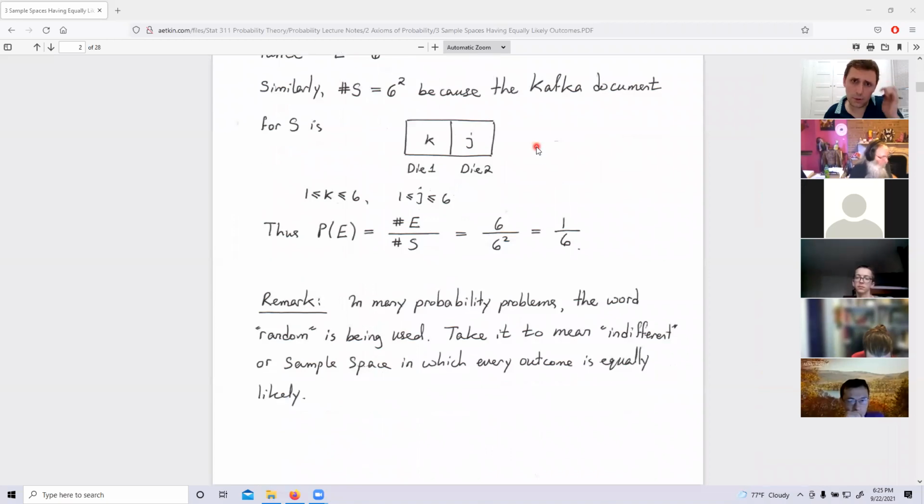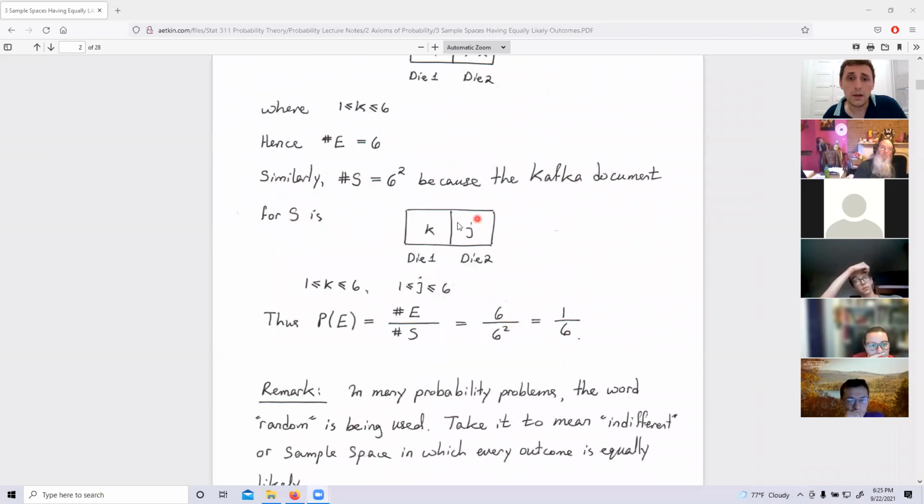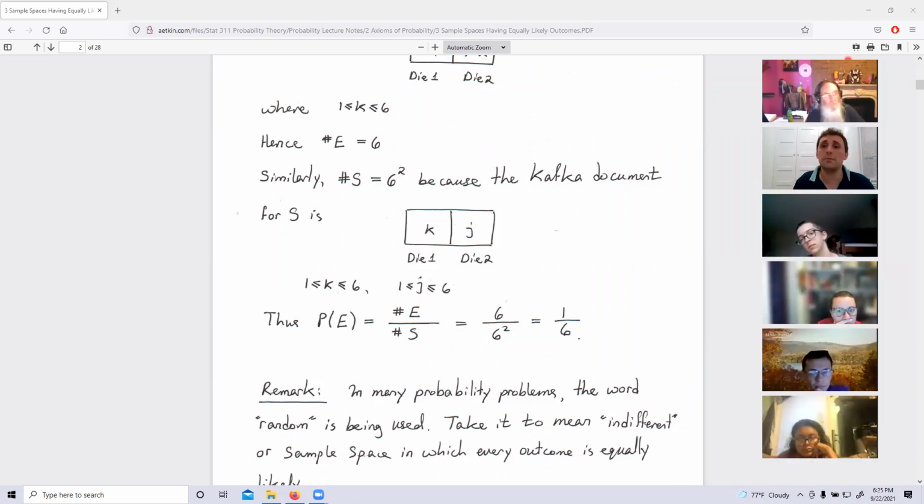Okay, and then just a small remark. Why is it squared? Because this box can be filled in with 6 numbers, and the other box, independently for the second die, can be filled with 6 numbers. So altogether, by the basic principle of counting, 6 numbers, and for each of them 6 numbers, so it's 6 times 6. The basic principle of counting, guys, make sure to review it. If I'm moving too fast, you stay after class and I will talk about it, right? I can be much slower then. Are you with me, guys?